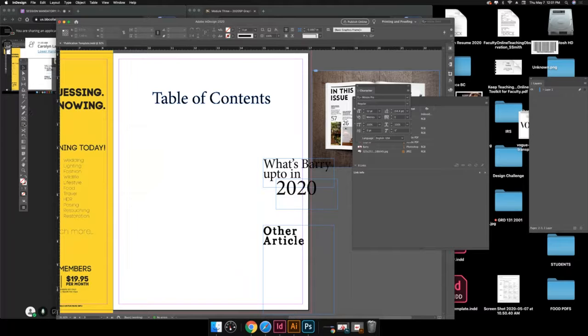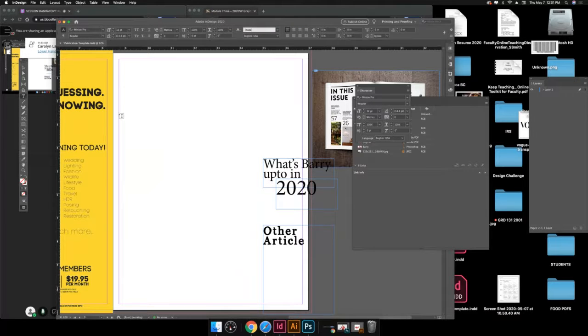And maybe I'll make a text box. In fact, I don't want table of contents. That's kind of boring. I might do "in this issue." That would be more modern. So I'm just going to start out